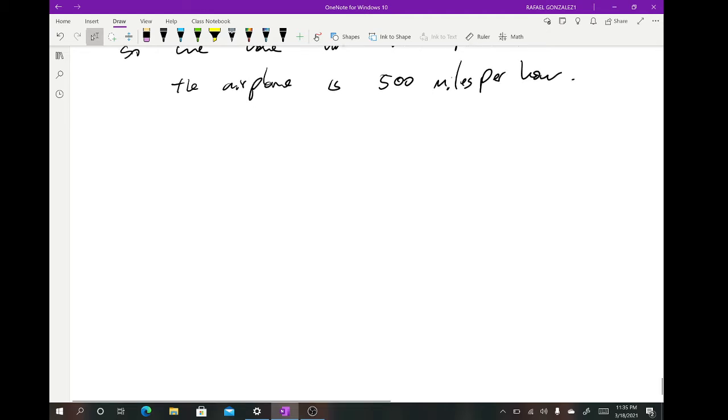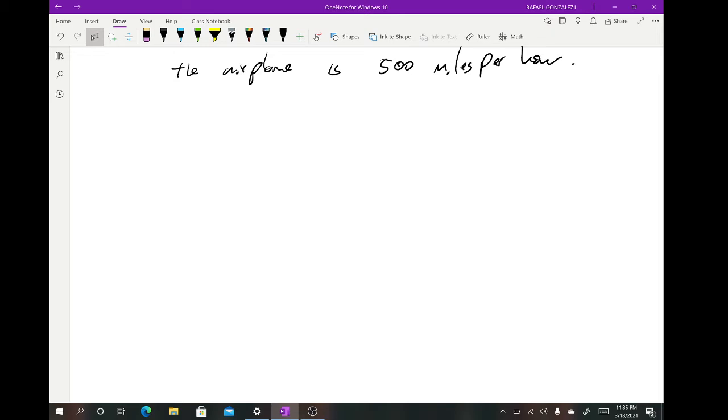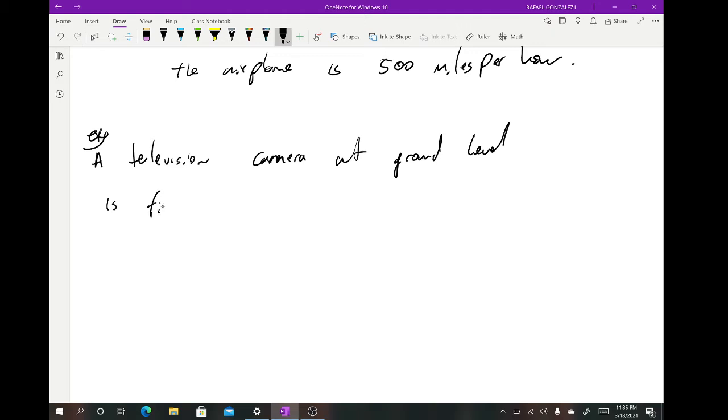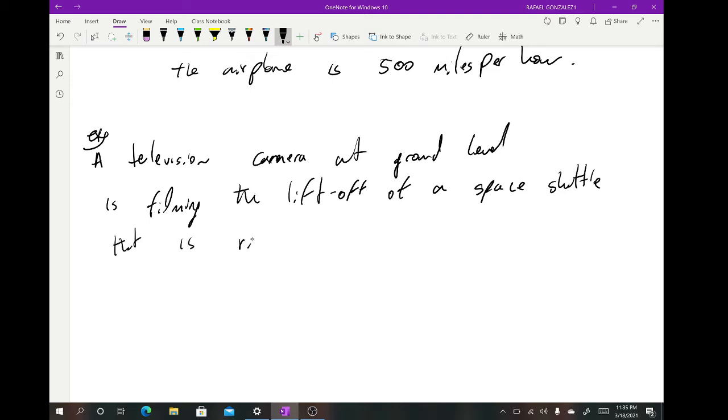We have a television camera, for example, a television camera at ground level is filming the liftoff of a space shuttle that is rising vertically according to